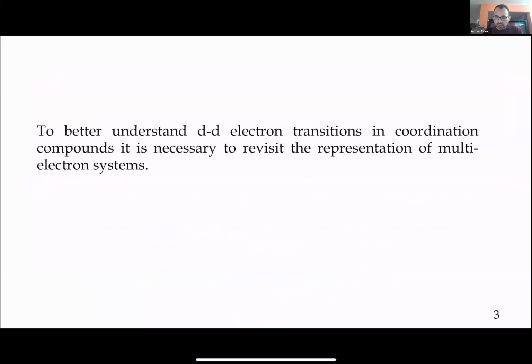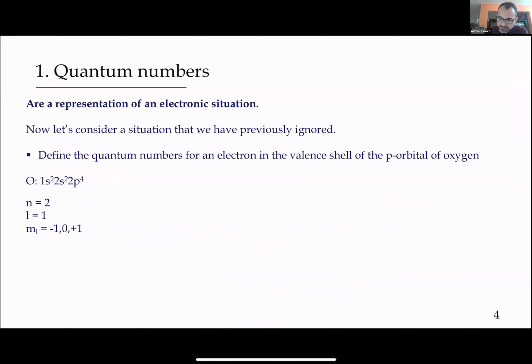All right, so for us to appreciate these d-d electronic transitions in a more realistic manner, we need to understand multi-electron systems. And here, for us to define the electronic situation, we go back to the basics, quantum numbers. There was one situation that we had previously ignored, and we're going to look at that example here. So we defined the quantum numbers for an electron in the valence shell of the p orbital of an oxygen as our example. We did a lot of this at the very beginning where I asked you your electron configuration. I actually still do that even today. What is your electron configuration? Because that's always going to be very important when you're defining the interaction between